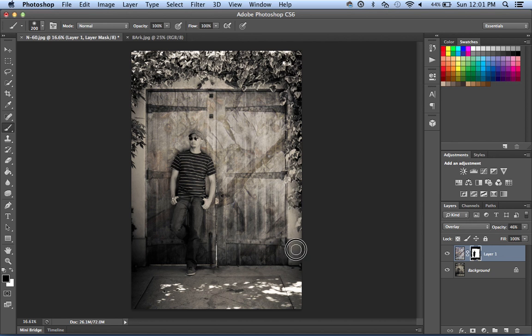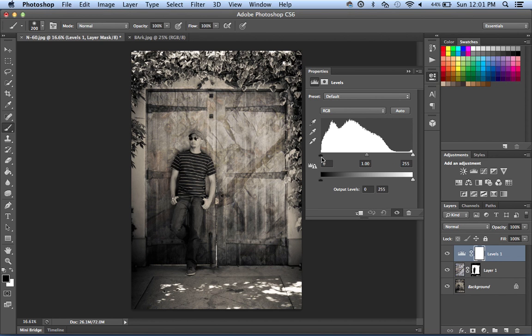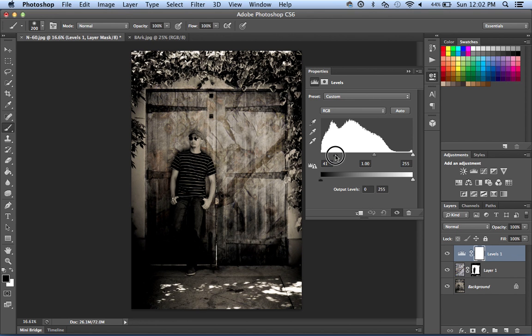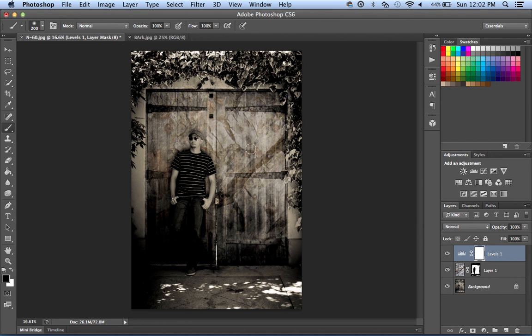And you can use this with any kind of change that you put on top of a layer. So if you wanted to make it darker in places, you could do the same thing. So let's say we like that. Now let's add an adjustment layer. Let's say we wanted to make the background darker, like so, but we don't want the subject to be darker as well. Well, we come over here, we add a mask again. Now we're working on the adjustment layer. Here's our mask, and anywhere we paint black, it's going to take the exposure back to where it was and conceal that adjustment that we just made,